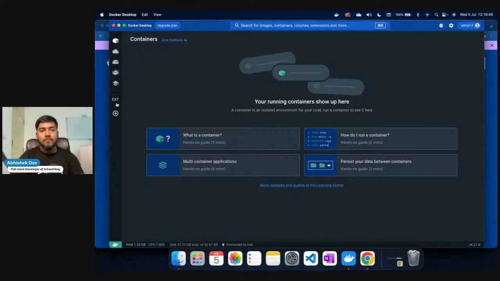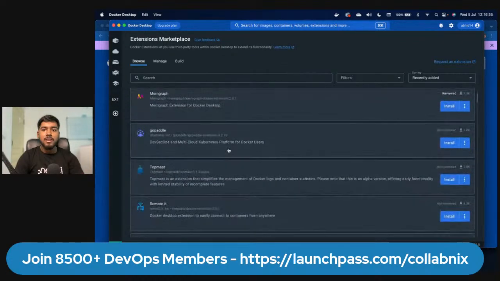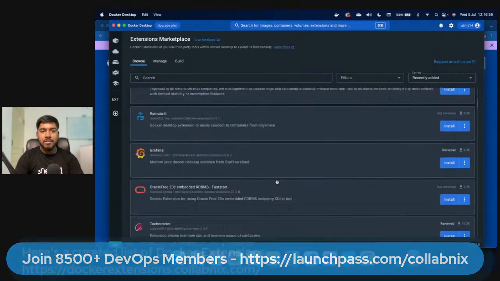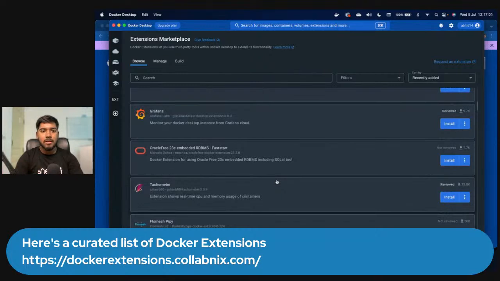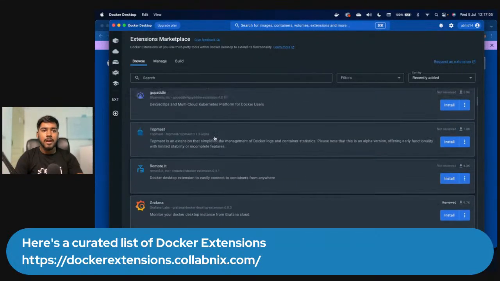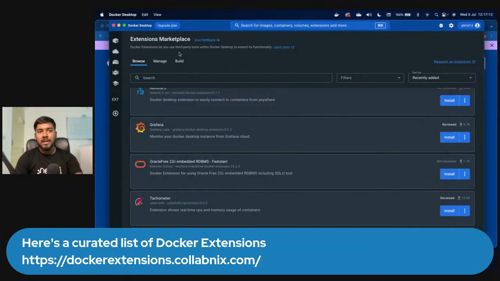And a very good feature of the Docker Desktop app is the extension marketplace, where you have ready-made solutions to get something very easily on your Docker Desktop. Say you need Grafana, you need any remote application to connect to your containers from anywhere. You can just explore the extension marketplace, and whatever you need is mostly going to be here in the extension